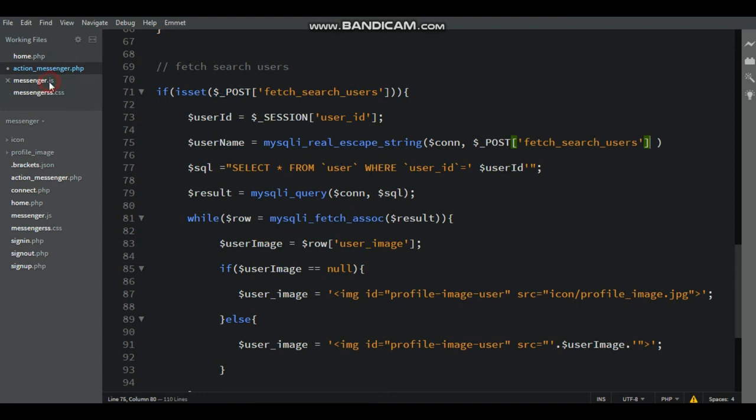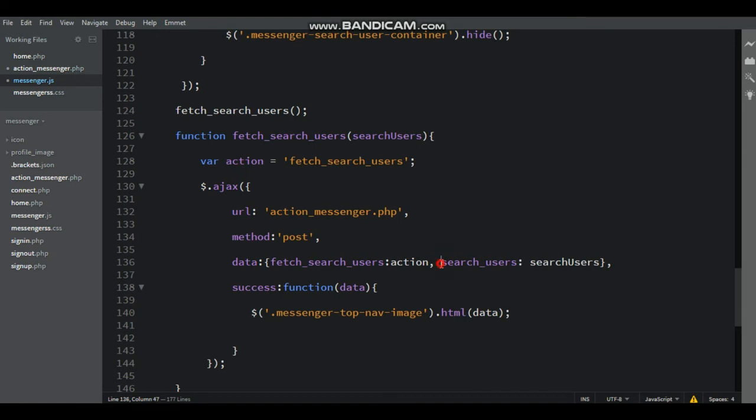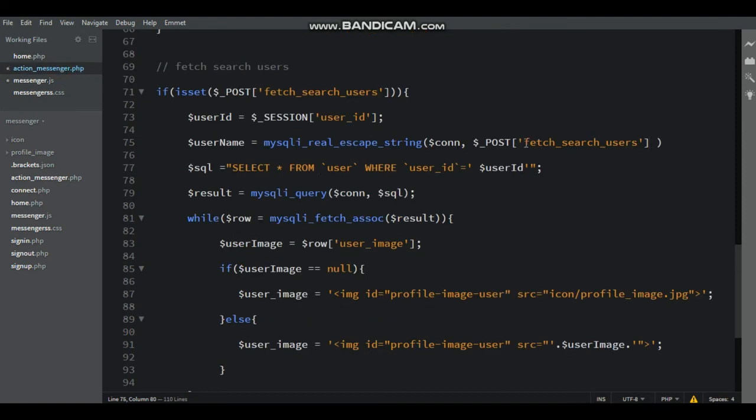Here that is sending user, that is search user, using post method.